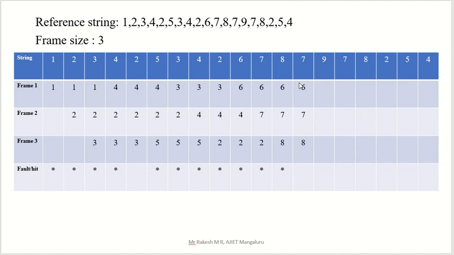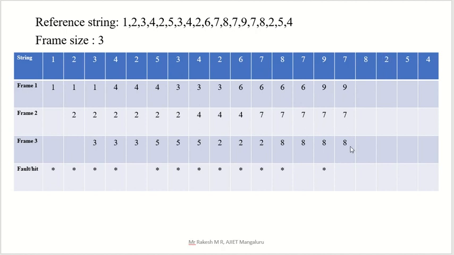Then 9. 9 is not there. So replace among 6, 7, 8. 7, 8, 6. 6 we have to replace. 8 and 7 are here. Start from the current point itself. Maybe there is a number further along here, but don't look at it; starting from the current point, we have to look at this side. 9, 7, 8. Okay. Now we need 7. Yes, that entry is there. That is a page hit.